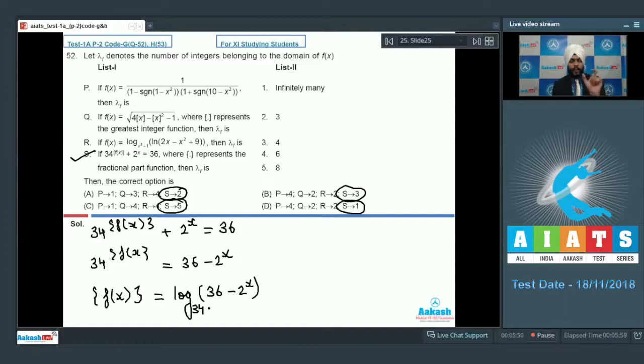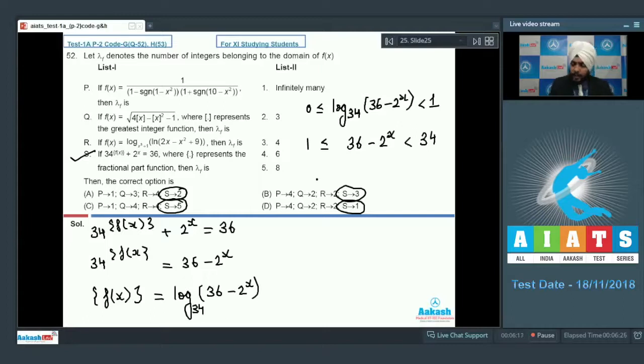Okay. Now students, fractional part of any quantity in mathematics always lies between 0 to 1. So the right hand side always have to lie between 0 and 1. 0 is closed, 1 is open. 36 minus 2 raised to the power x. That will be the condition of domain. Less than 1. Now this is 1 less than equal to 36 minus 2 raised to the power x less than 34. Subtracting 36 from everywhere, minus 35 less than equal to minus 2 raised to the power x less than minus 2. Multiplying with a negative sign gives me the opposite side of inequality. 2 less than 2 power x less than equal to